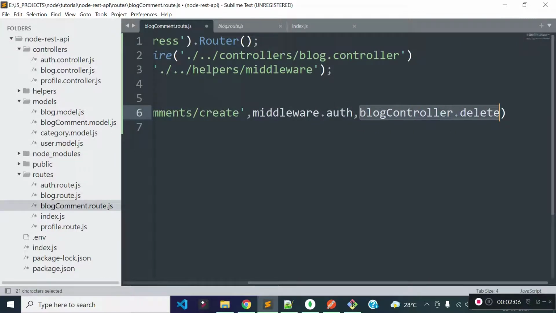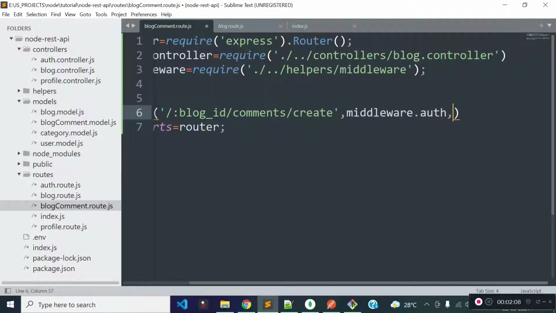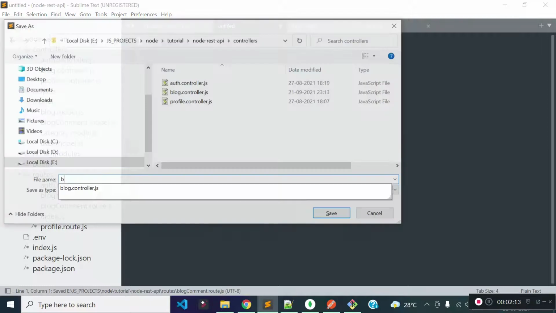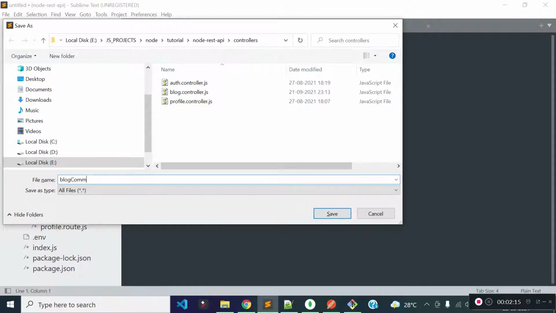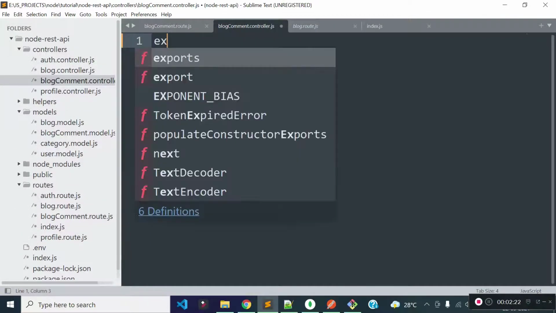We don't have any controller called blog comment controller, so let's create a new controller inside the controllers folder, and the file name will be blogcomment.controller.js. Let's export a method called create from here.